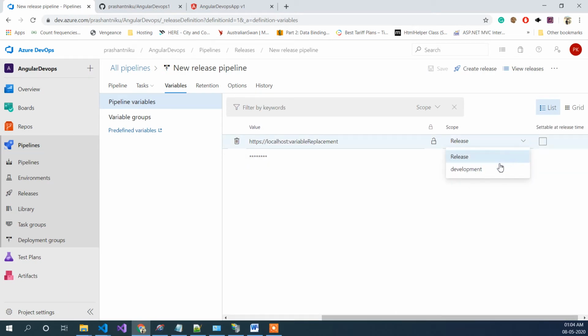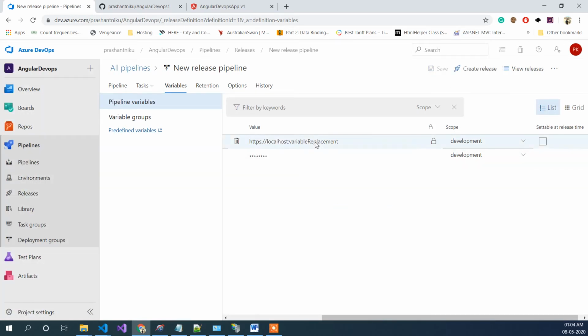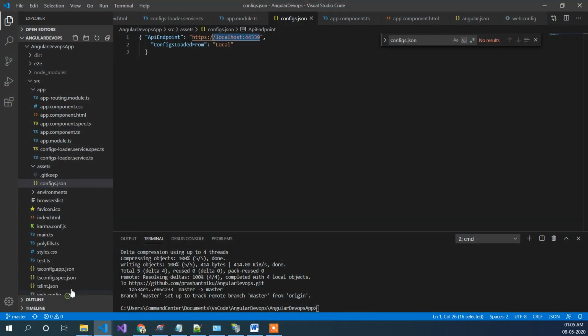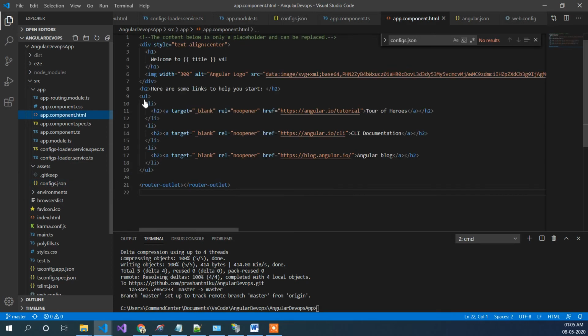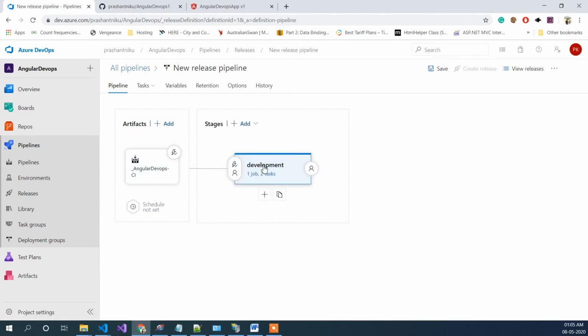So you can add a scope like development and save it in here. Let me just, for the sake of this demo, append a version to it. Let's just see what is the last version I was using. It's version 4. Okay, so let's just go with version 5 now. So it gets saved. I will save it in here. So I'm using development. Let's cross check the pipeline again, and it's showing the development. Okay, so I will just save it.